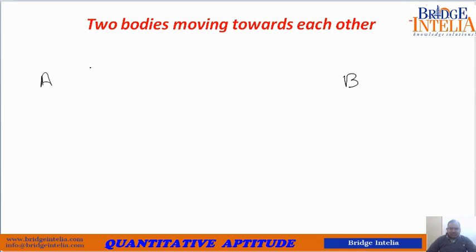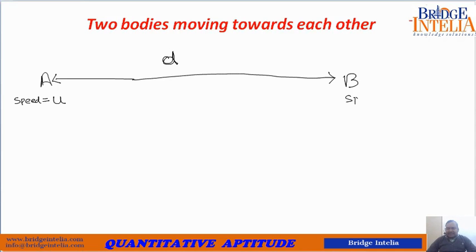Now let's understand the concept. There must be some distance between them, and this distance will be given, because if they are moving towards each other, it means there is already a gap between them. That's why they are moving towards each other. So let this gap, or technically this distance, be equal to D. Now speed. Their speeds will also be given. Let's suppose the speed of A is equal to u and the speed of B is equal to v, in units of meter per second, kilometer per hour, whatever that may be.